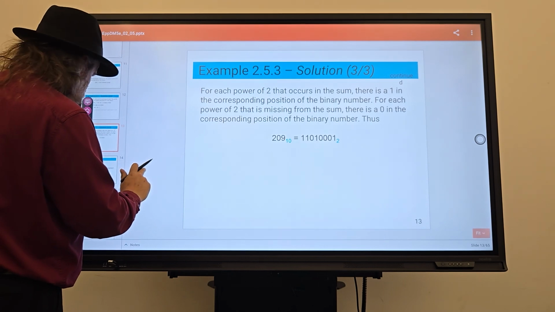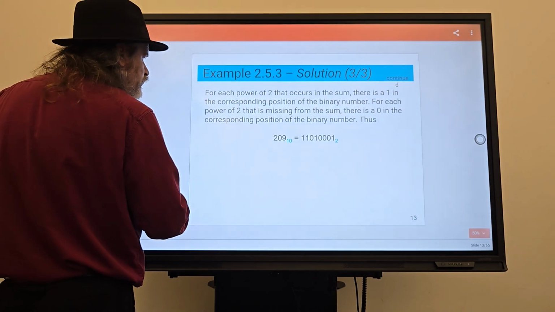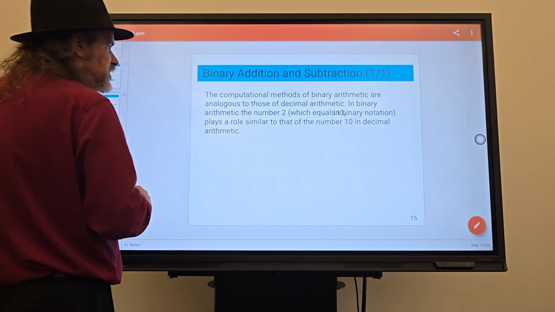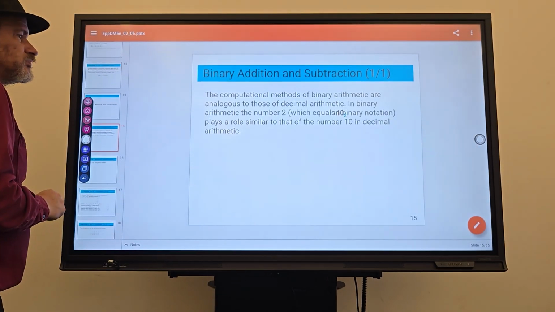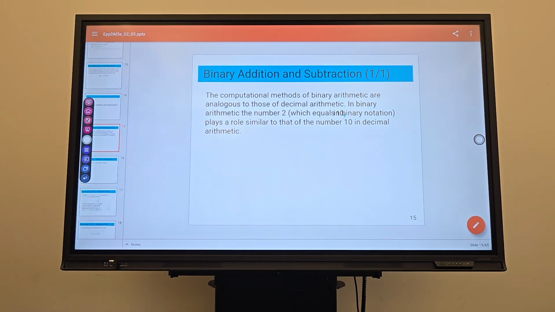Addition and subtraction. I kind of already went over that a little bit. It works just like decimal. If you get to a number above what can be represented by the system, you roll over to 0 and carry the 1. So